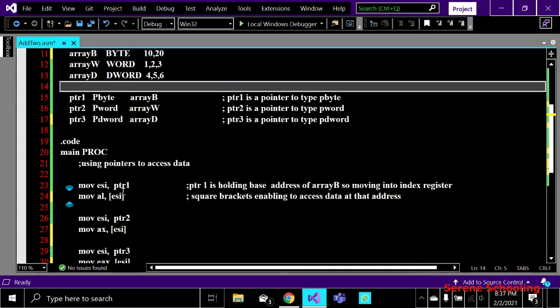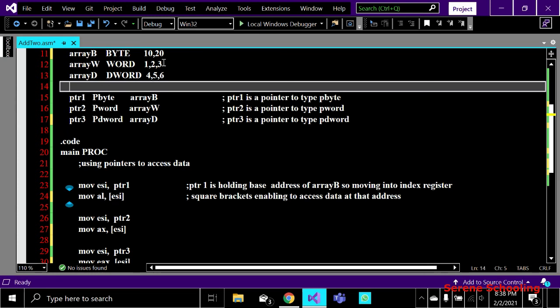So suppose we have moved the base address of this 10 in ESI, then the brackets mean the element at this address, at the first index, is what? It is 10. So after this statement, the 10 gets stored in AL, but this 10 is not getting stored in ESI, only the base address is getting stored. But with the help of these square brackets, we can access the value at that address.